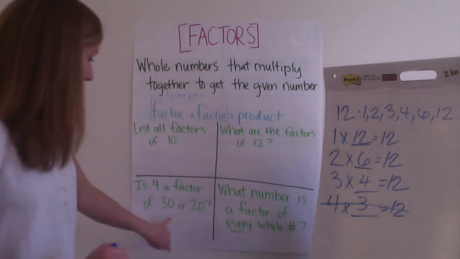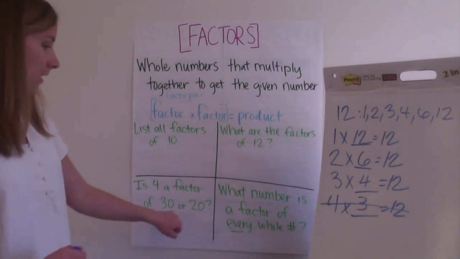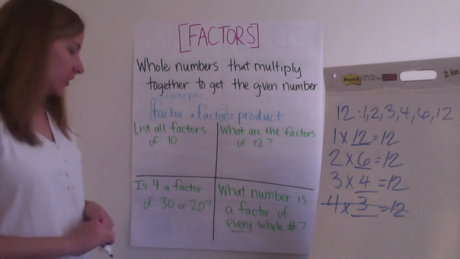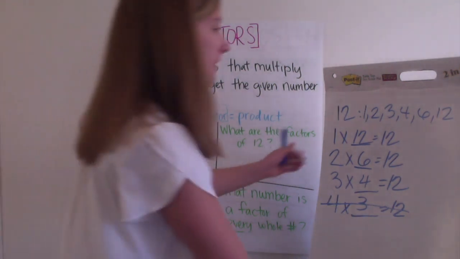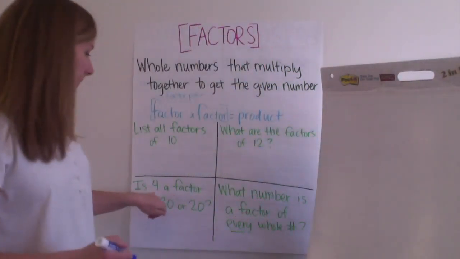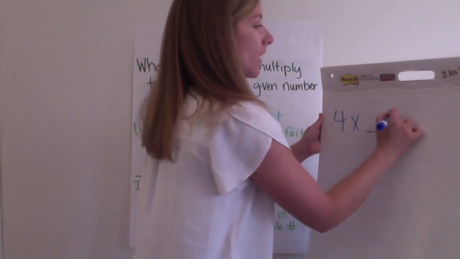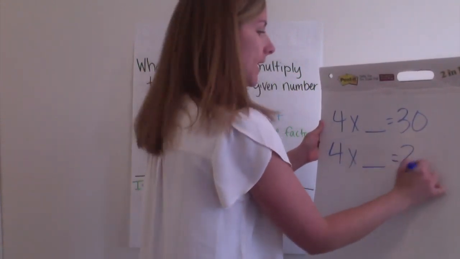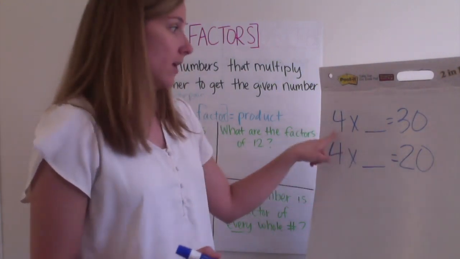Okay, moving right along. So I'm wondering down here, is 4 a factor of 30 or 20? Well, if I'm thinking about that, I'm thinking, 4 times what could get me 30, or 4 times what to get me 20? Because for it to be a factor, I need to be able to multiply 4 times something to get 20,